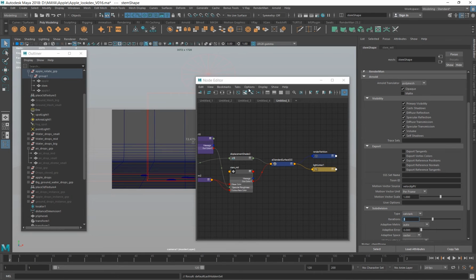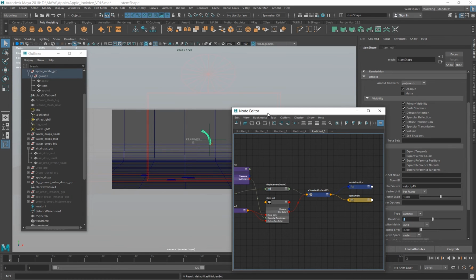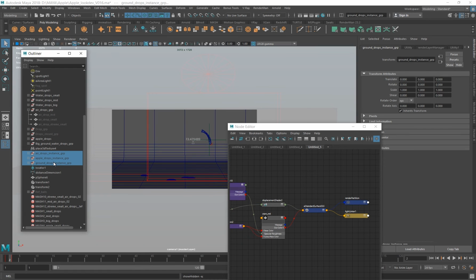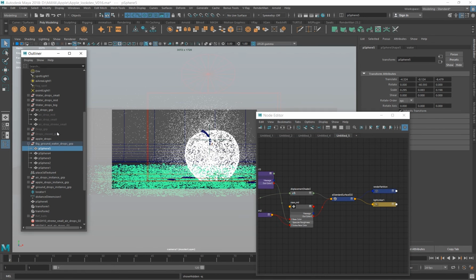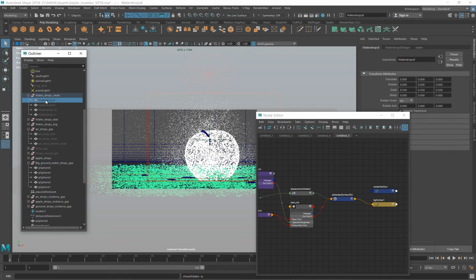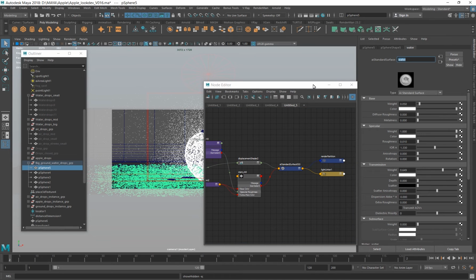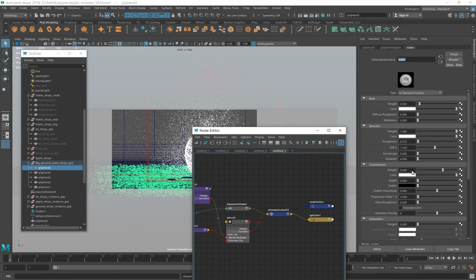Again, last one, the water drop shading. So for the water drops, okay. If you see, these are the ground water drops and these are the water drops on the apple. On both of them I have assigned the same shader. I have named it water, and if you see, the shader is not fully transparent.